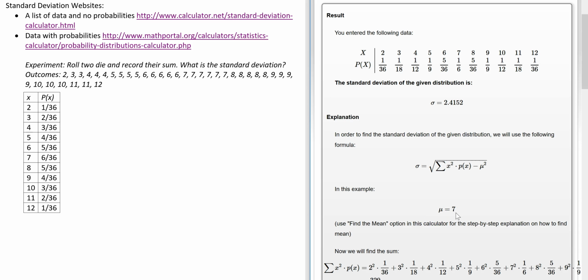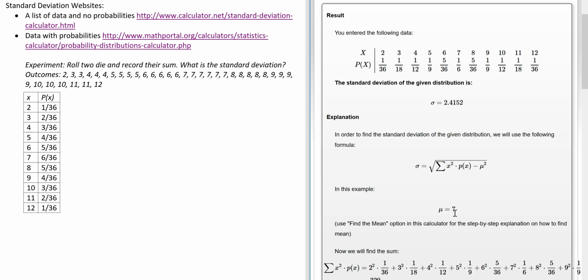This tells us that the center of the data is 7, which is what I would expect when rolling two die, because 7 is the most common outcome and there is a symmetric distribution. It's not a bell curve distribution, but it is a symmetric distribution of the sum of the two die being rolled. We know that there's only one way to get a 2 and there's only one way to get a